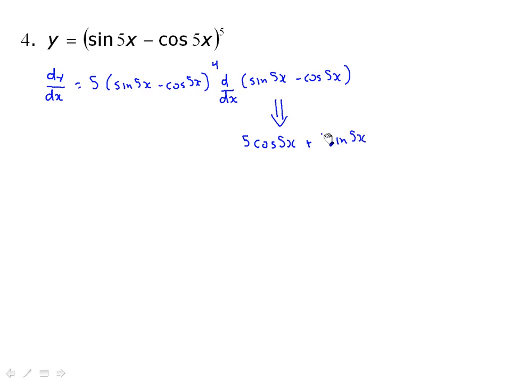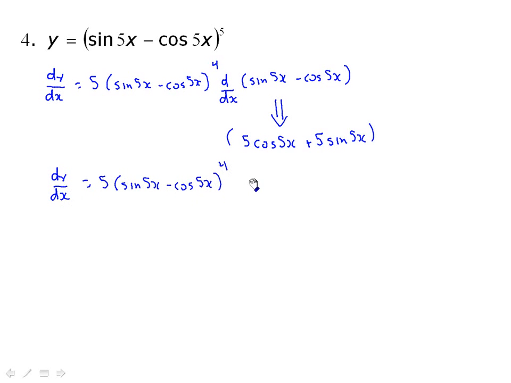Not forgetting, though, that we have to take the derivative of the inner. So we get 5 cos 5x plus 5 sine 5x. Now all this has to be multiplied by the first stage of the derivative, not the original. So we get 5 times sine 5x minus cos 5x to the 4 multiplied by